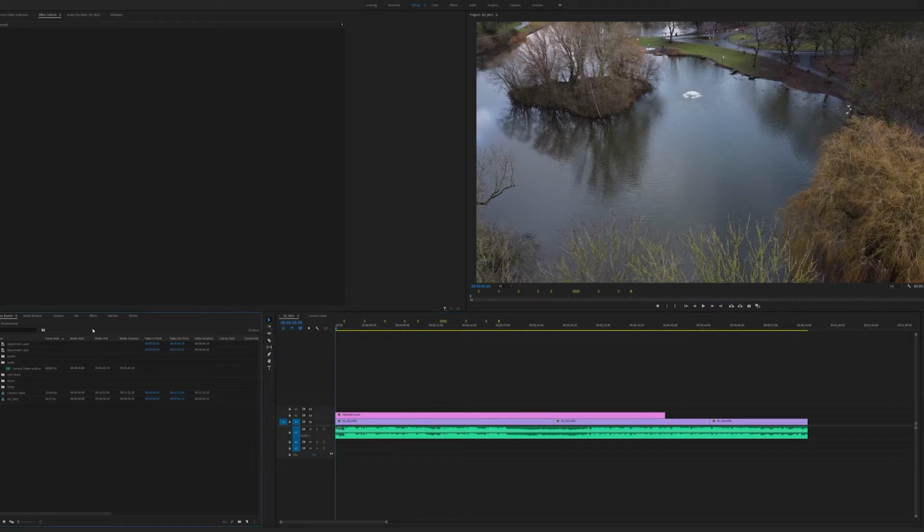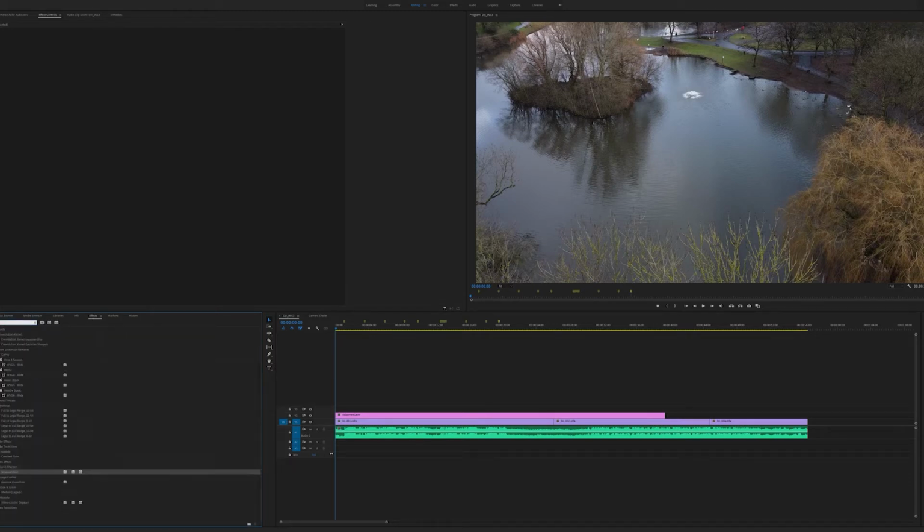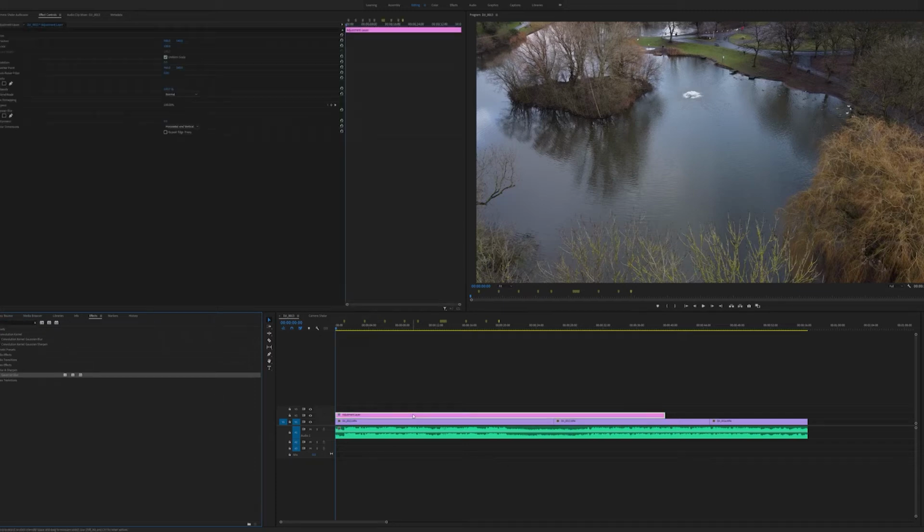And then what we're going to do is come to effects. Tell you what, let's go to effects and type Gaussian blur. Now for those of you who want to find it manually, you can find it under video effects and blur and sharpen. You just drag and drop it onto the adjustment layer, and then you'll see up here in your effects controls, you'll see Gaussian blur appear at the bottom.